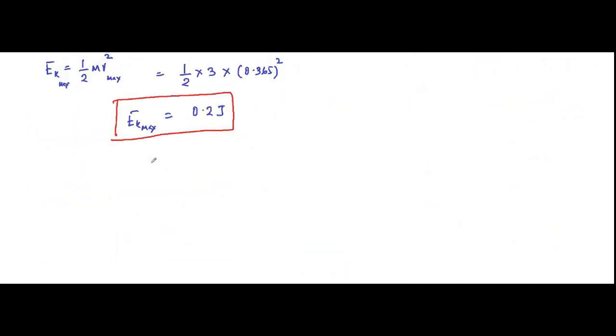Here first we know that the potential energy expression is equal to 1/2 k y square, and kinetic energy is equal to 1/2 k times a square minus y square. So all we have to do is substitute the value for the position y. First, at y is equal to 0.01 meter,